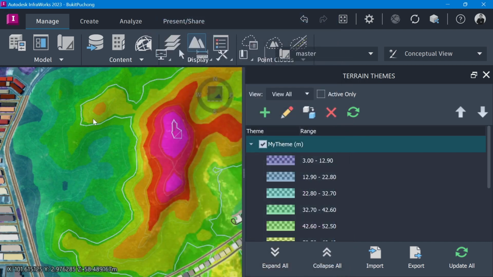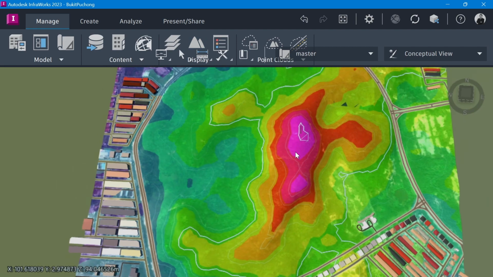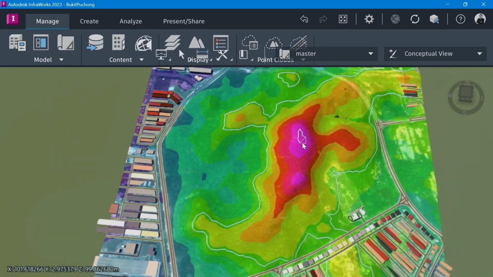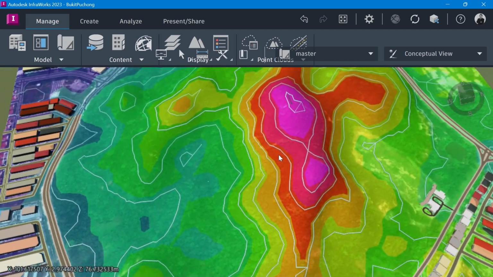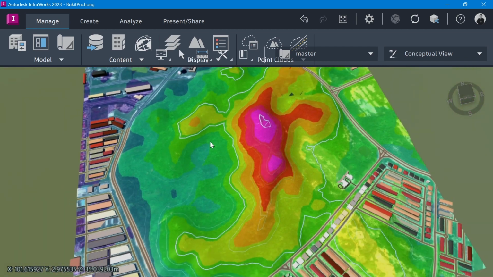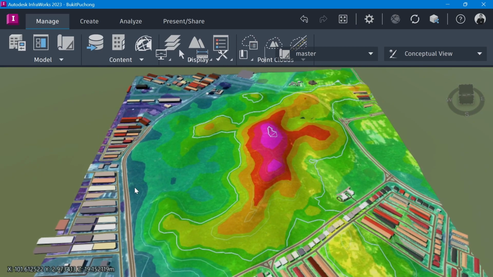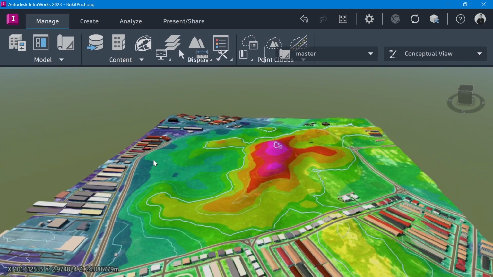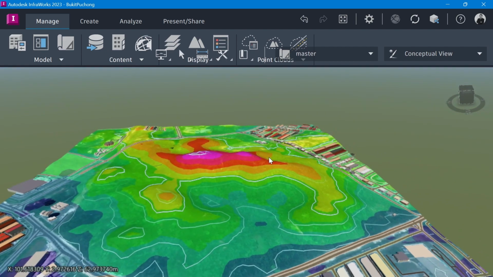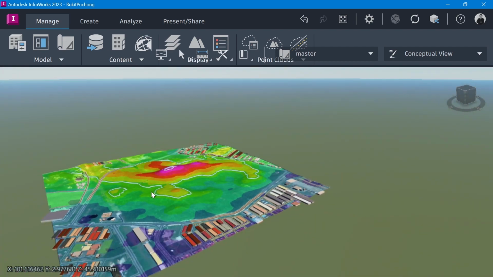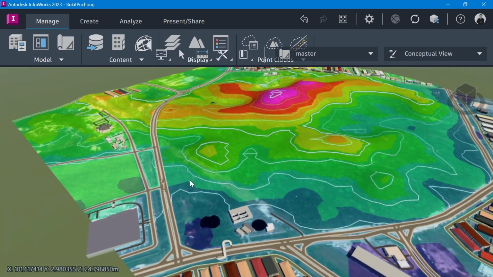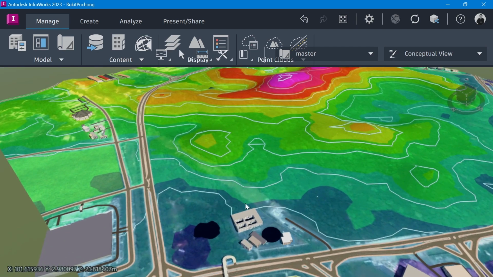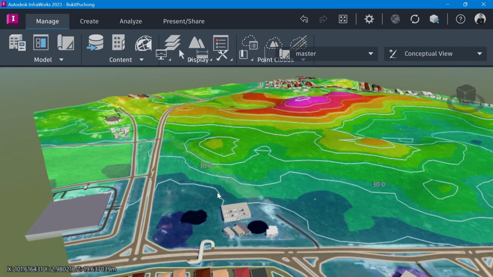Okay, so then we have transparency enough here, and then we can close here. The highest, the peak, the color is red to purple, and the lowest one will be the blue one. So from here you can also easily identify the area that will be flooded when water comes from here.